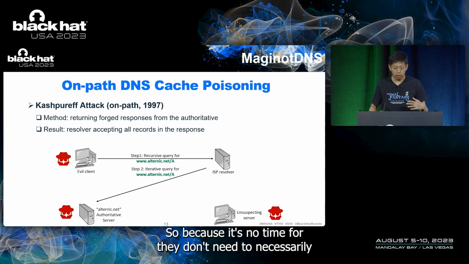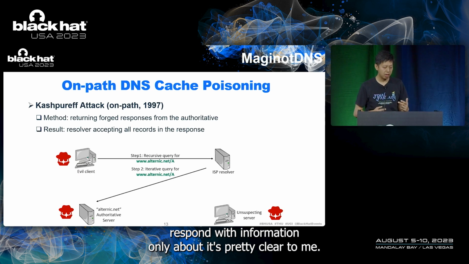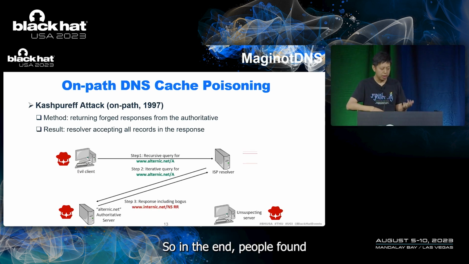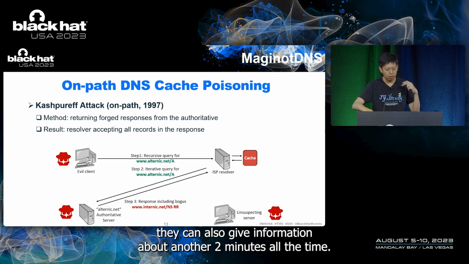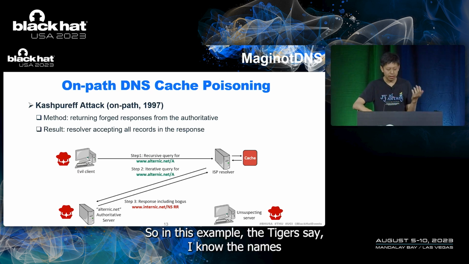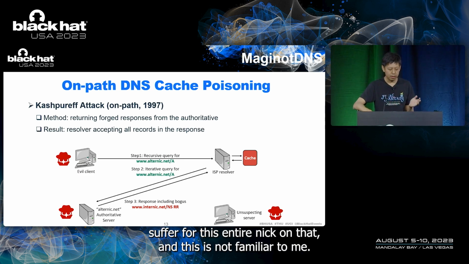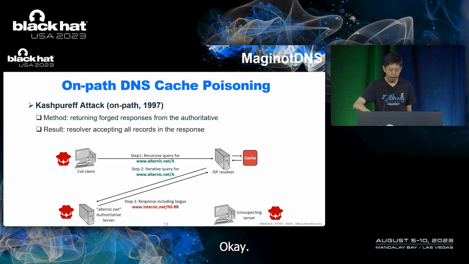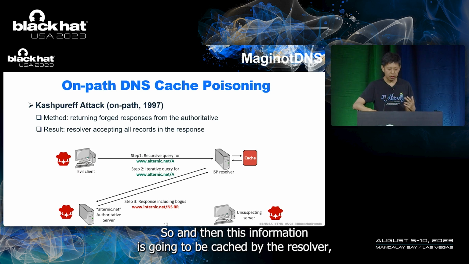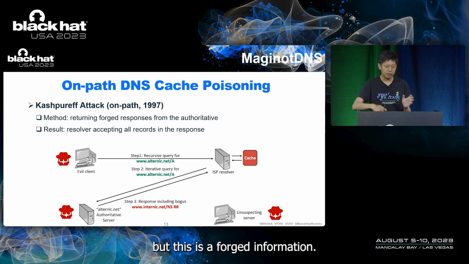Because it's the attacker, they don't necessarily need to respond with information only about this particular domain. In the end, people found they can also give information about any other domains. So in this example, the attacker says, I know the name server for internic.net, and this is the legitimate domain. This information is going to be cached by the resolver, but this is forged